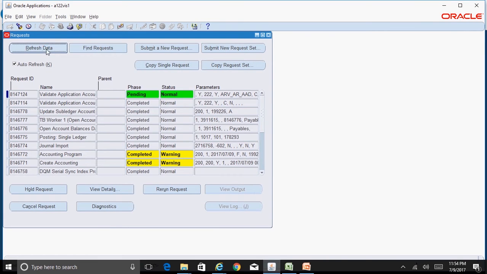Now ensure this particular program completes normal. This is actually internally compiling different application accounting definition tables. Okay, so while this is running, what we'll do is we'll try to create an AR invoice and see how system derives the constant revenue account definition, the revenue account code combination whatever we have given under the SLA rule.